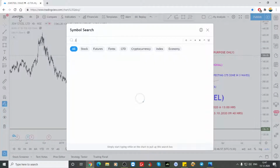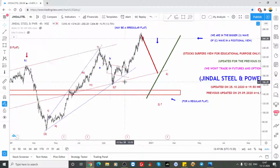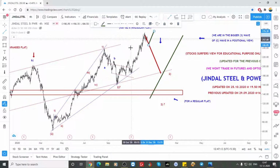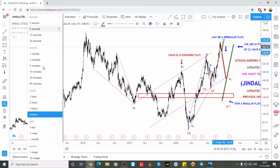So Jindal, I took it as a 1. So ABC is a simple correction 2, or this could be, it's looking like as of now it's a 3-way structure, but can't say whether it can make a 5-way structure also. So if it did like this, this could be a 1, 2, 3, 4 and 5. So in that case, this could be the end of the 2 and intermediate wave will be in action, because